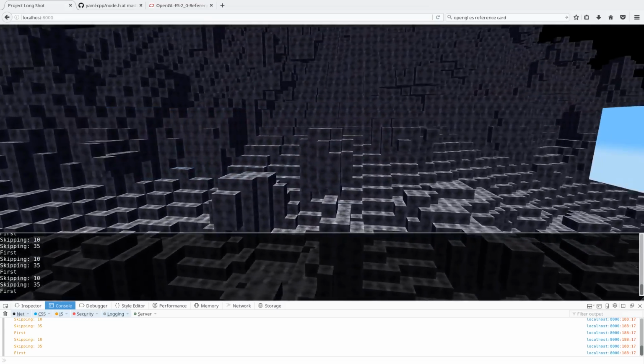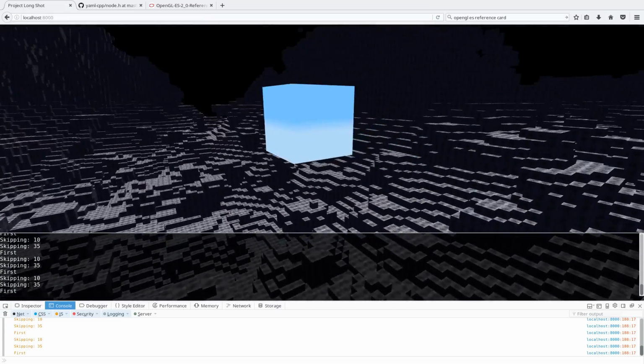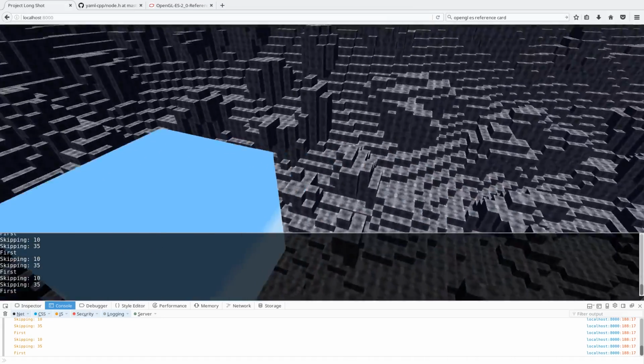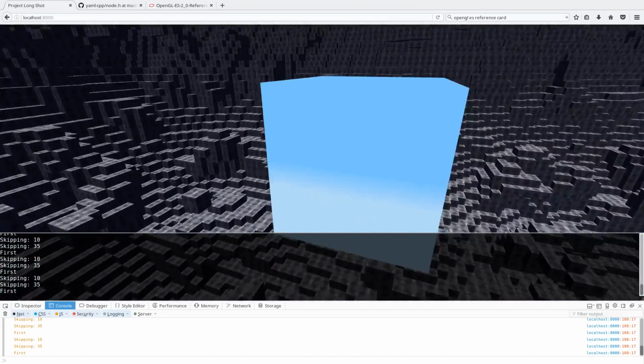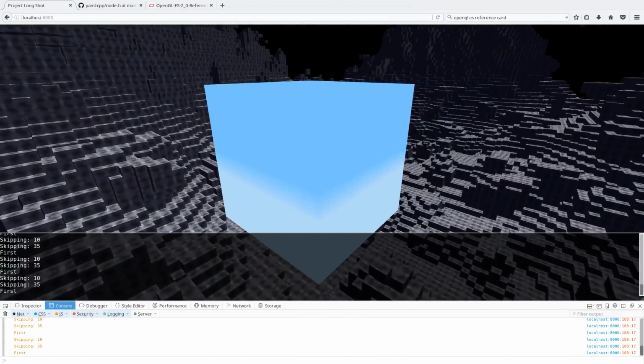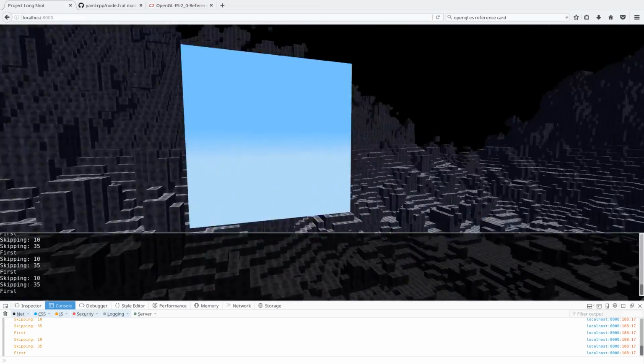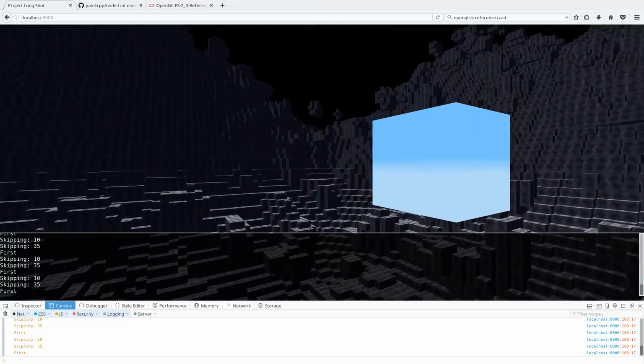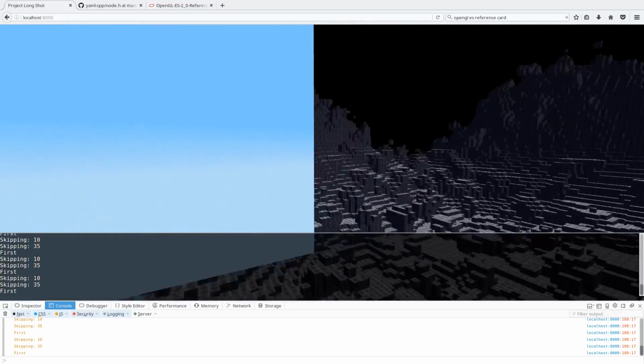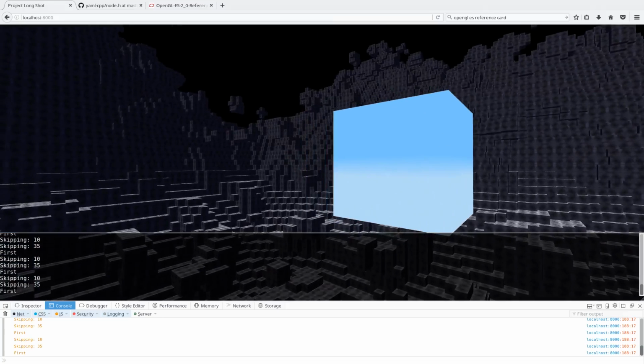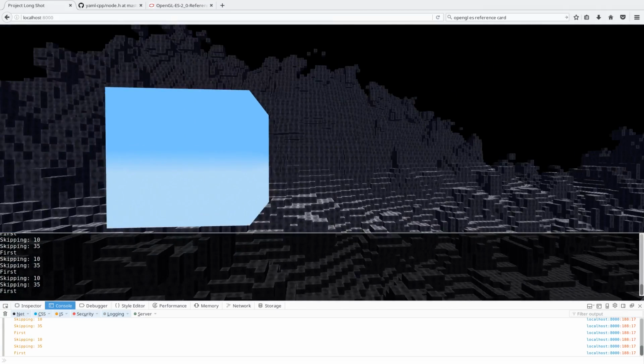As it moves like this, that's because it's not respecting the model transform, but it's still respecting the translation in our camera, which is part of our view transform. And the first thing we need to do is remove that. So removing that,